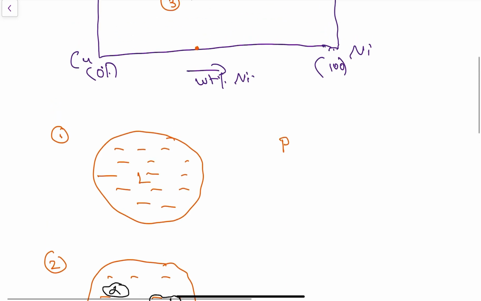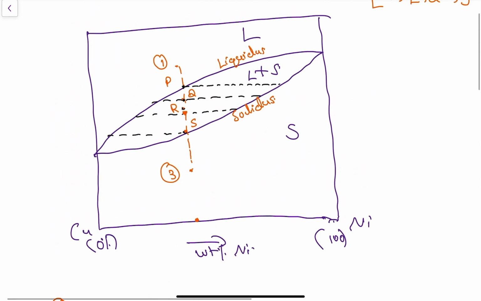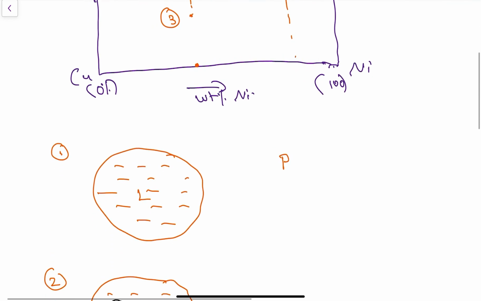It is completely liquid, but the solid is about to form. If you take a line just below it and use the lever rule, you can see that it is 100 percent liquid and